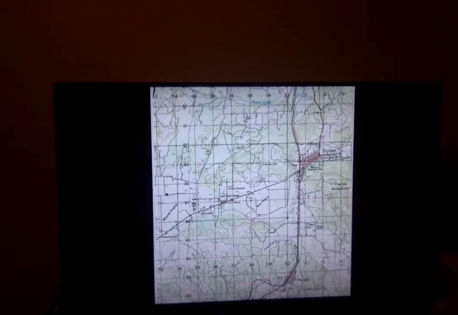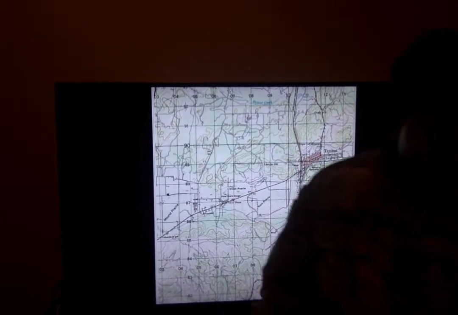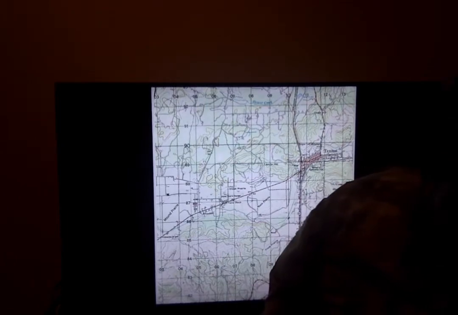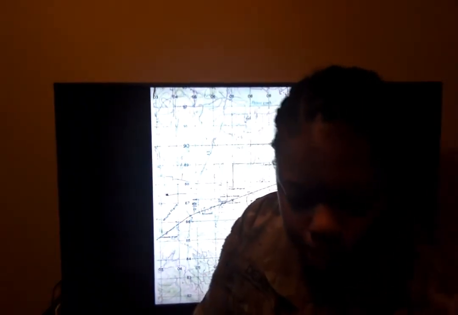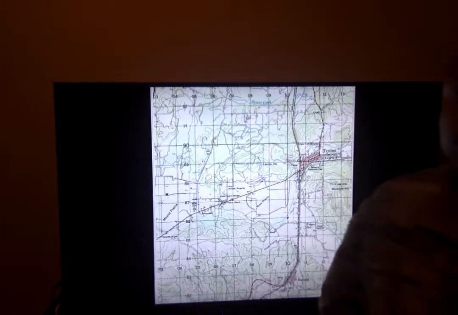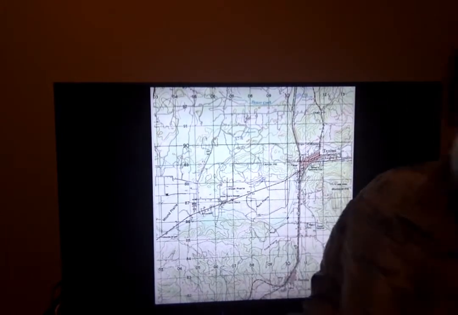I'm going to pass out some pieces of paper for you all. I'm also going to pass out the maps and some pencils. So here's your map, here's a piece of paper, and there's a pencil. Okay, so to begin this class, at the bottom of your map, there will always be a